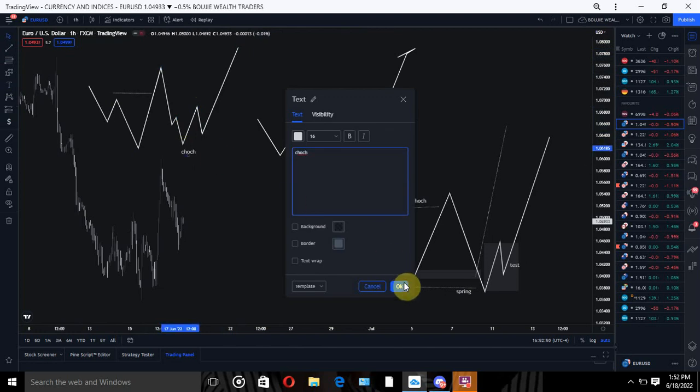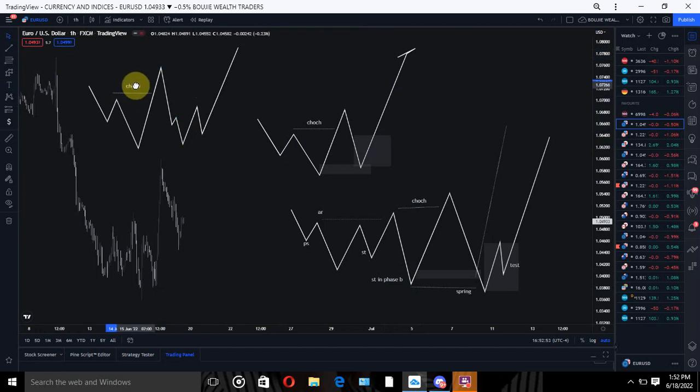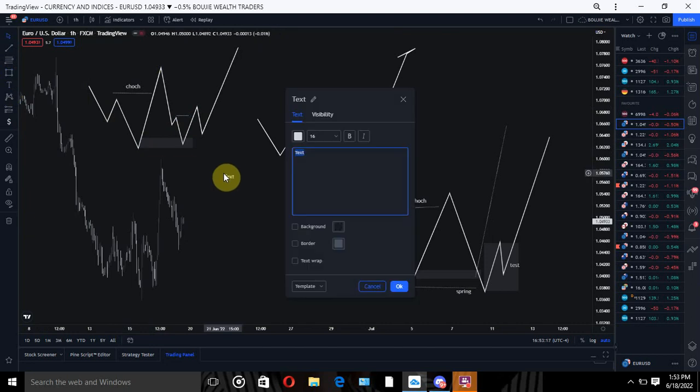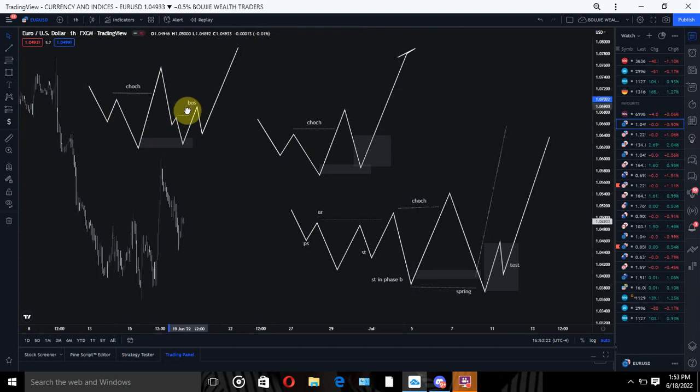This is our change of character, same thing as here, but instead of entering at a risky level, remember this is our point of interest here, or order block, or the demand. So we have a break of structure, right? This is our internal market. This is our internal market in the lower time frame,